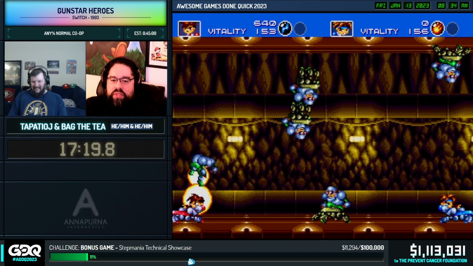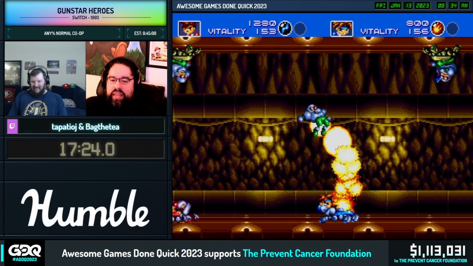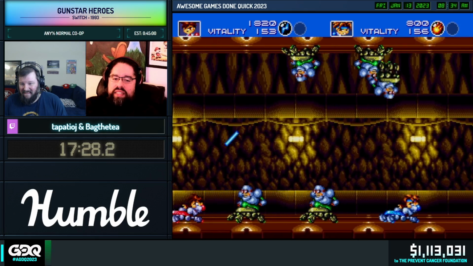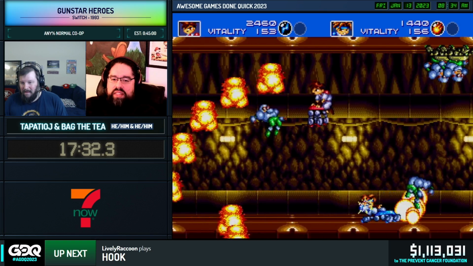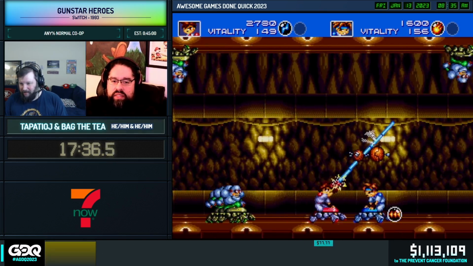So for this stage, this is mostly an auto-scroller. Picking up weapons here can be a pain because when they hit the ground, they start moving. And we're mostly just kind of wasting time at the moment waiting for the level to progress because we're on rails. All right, Bag, if we don't get the ideal, I'm going to try to...